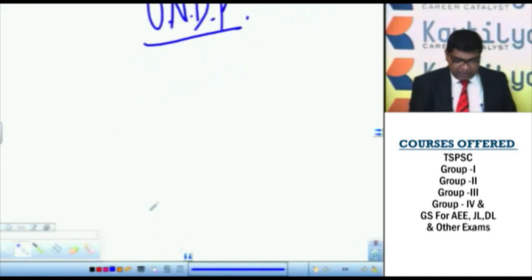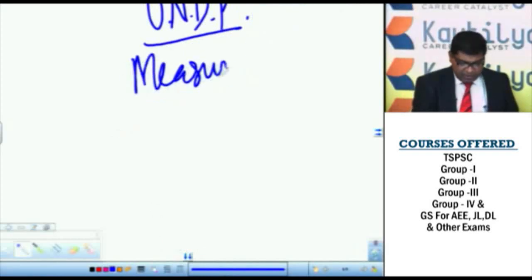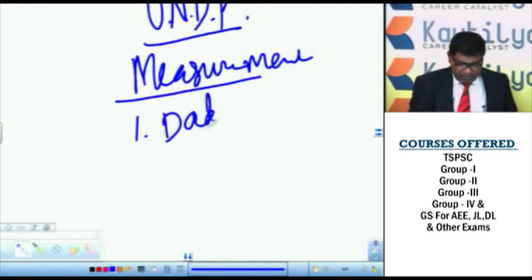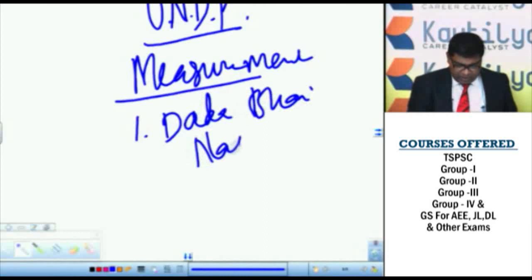Dear aspirants, let us see the measurement of poverty. How poverty will be measured scientifically. Measurement of poverty, we can see the first person who measured poverty in India was Dadabhai Naoroji. So Dadabhai Naoroji published an important book